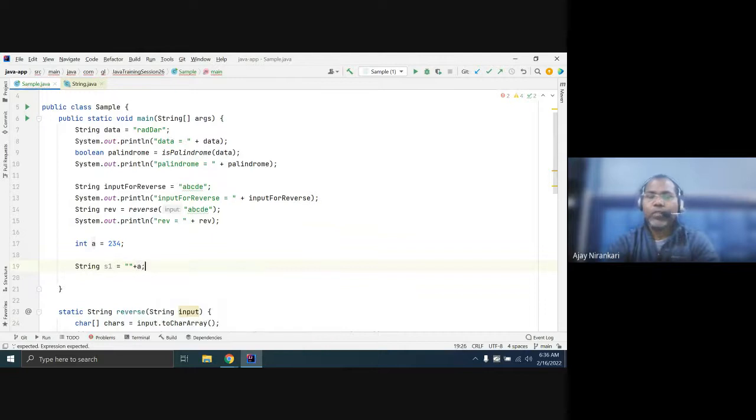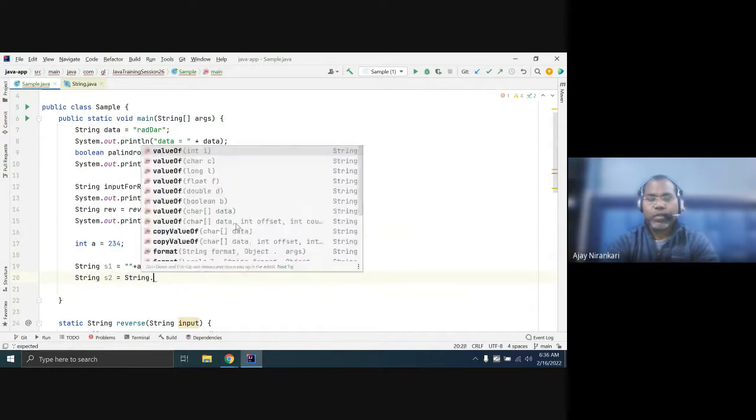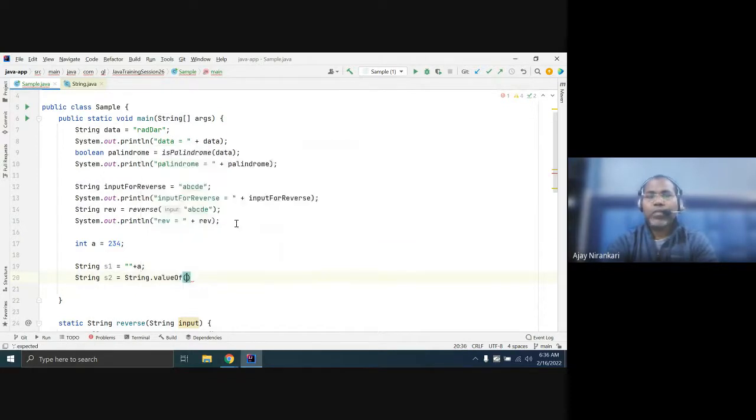This is one way. Or you can do it a different way: string dot valueOf. See the valueOf operation, you can pass your a and you can get a string.